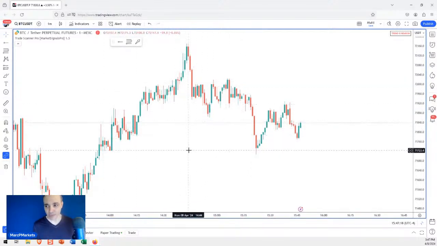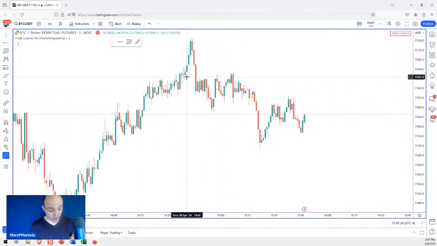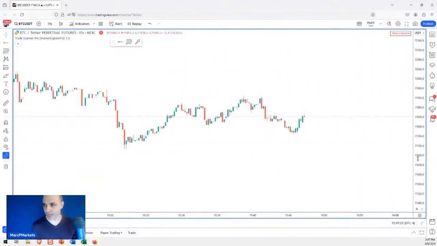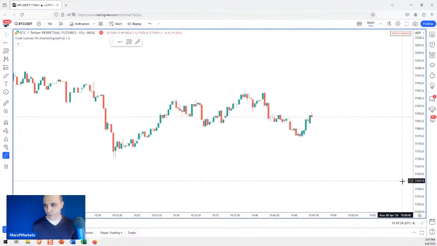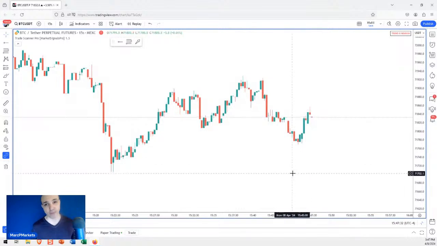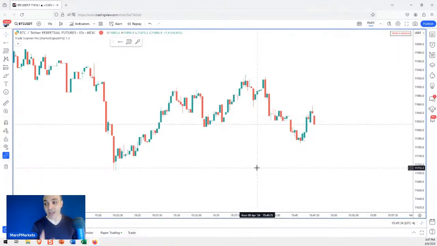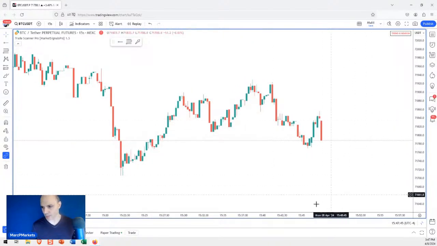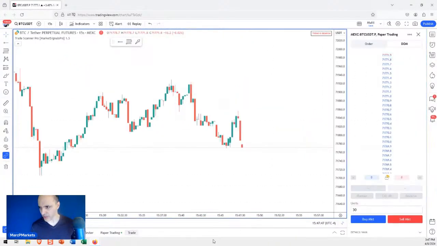So I'm not going to sit here and wait for this thing to give me a signal. What I'm going to do is go to a 15-second chart. Free members of TradingView don't get time frames below 1 minute. I do not recommend using this on a 15-second chart. I'm showing you a 15-second chart because I want to demonstrate a signal as it appears. So let's pull up my trade panel here, and I'm going to take a paper trade.